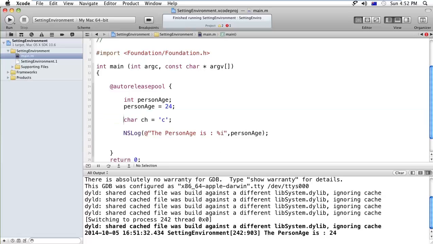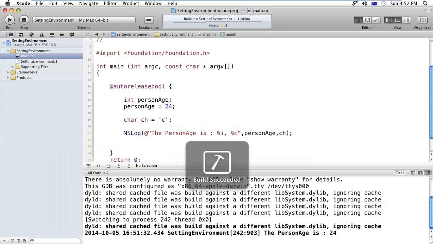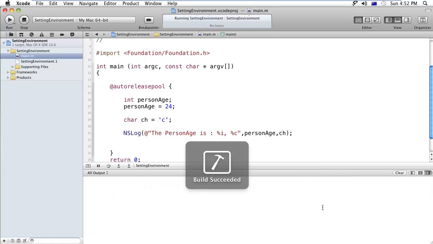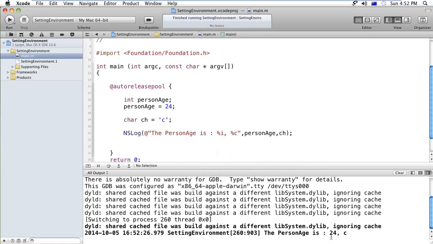And if you want to print that, you have to use %c, c for characters, and after that specify a comma and ch. Then just press run, and you can see the output in the output window: the percentage is 24 and the character is c.